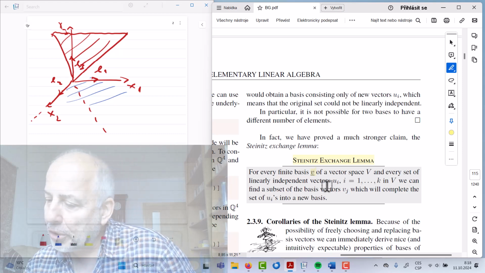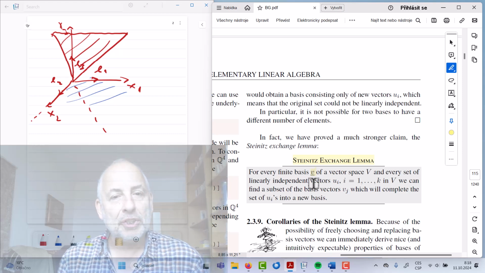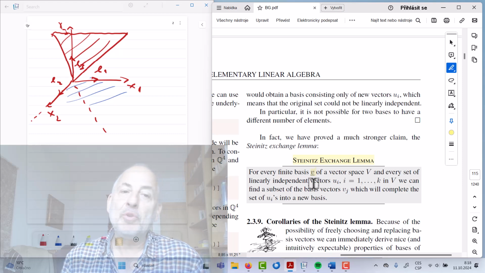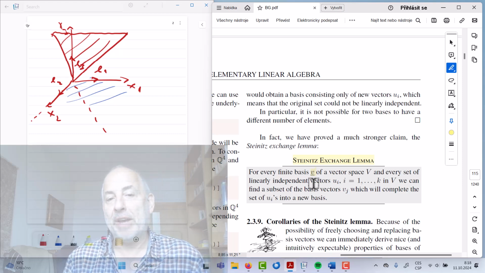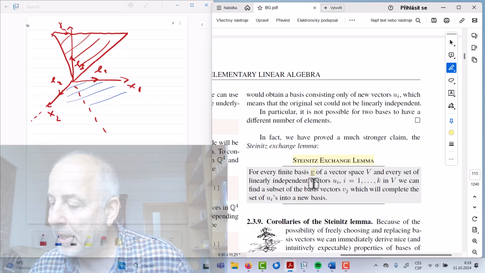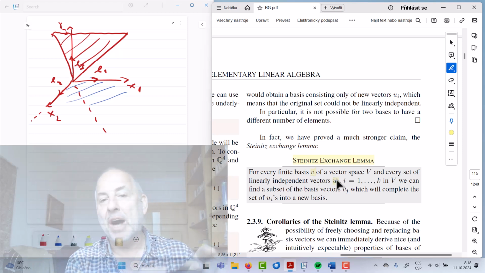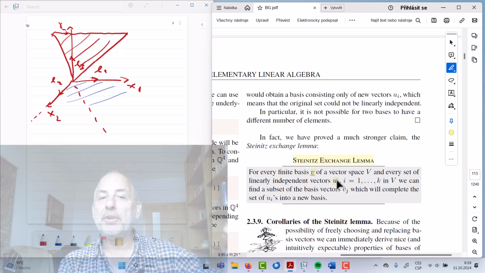So what I wanted to say, or what's written in the Steinitz exchange lemma, is that if you happen to have a finite basis V of a vector space, and you pick up any number of linearly independent vectors u_i, then we can always find exactly as many v_i's to be replaced by the u_i's,